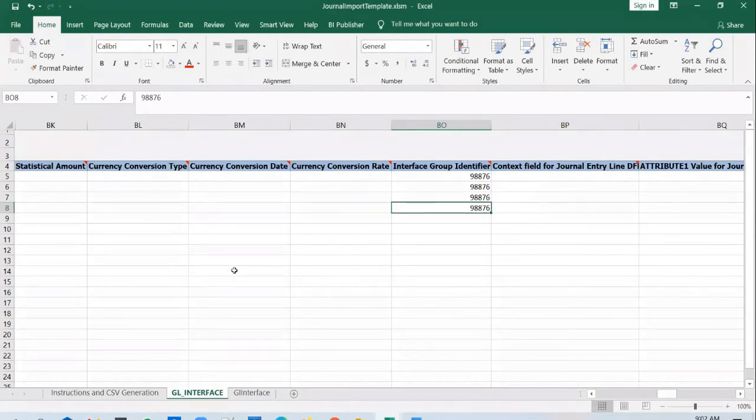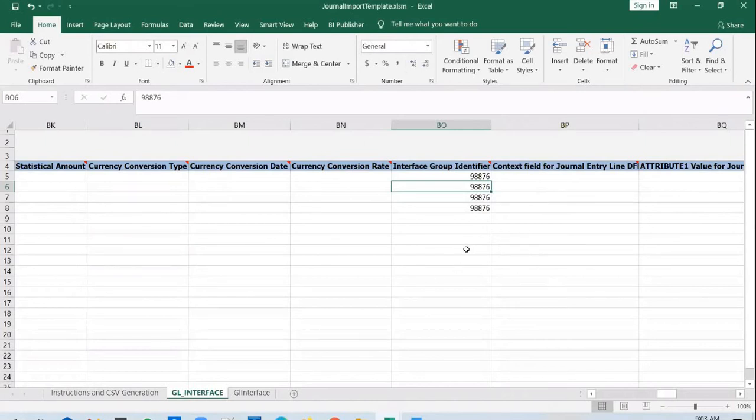So if you pass in 1,000 lines, and all the 1,000 lines belong to a single journal, it depends on what journal it belongs to. If these lines belong to different journals, say you have used your own journal names, FT14 journal 1 and FT14 journal 2, and these journals do not have any error, then when you run the job with this group ID, yes, the 6 lines will be picked up. But these 4 lines, since they don't have any error, will create journal 1 and journal 2. But for those 2 lines, the error will be reported saying that these 2 lines could not be processed because of such and such error.